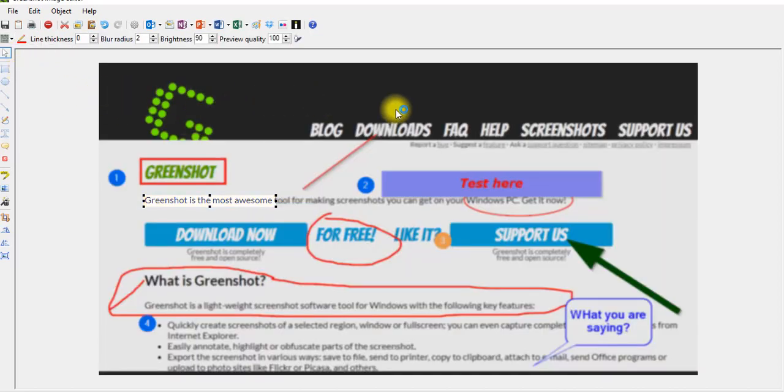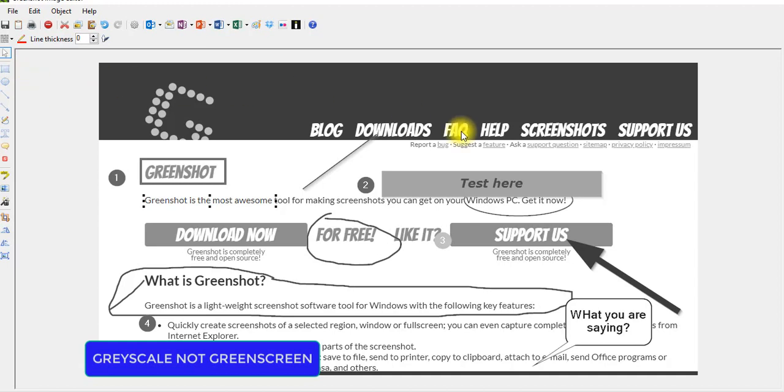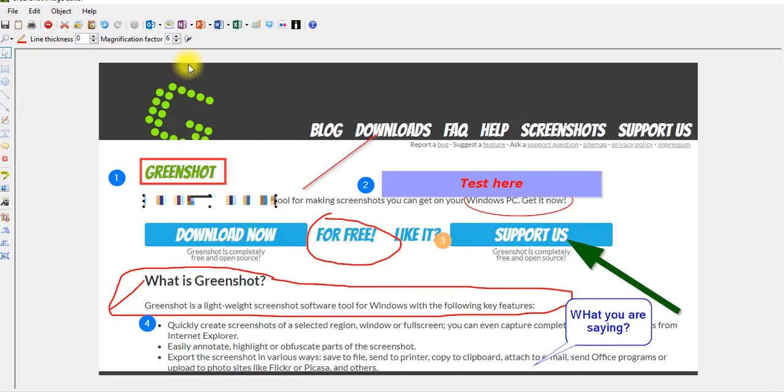You see, highlighting an area, now it will blur all the other area and only highlight that selection that you made. You can as well do a green screen where it will change everything to green screen. You can also magnify, where you want to make that particular place big, depending on what you want to do. So the option is limitless,